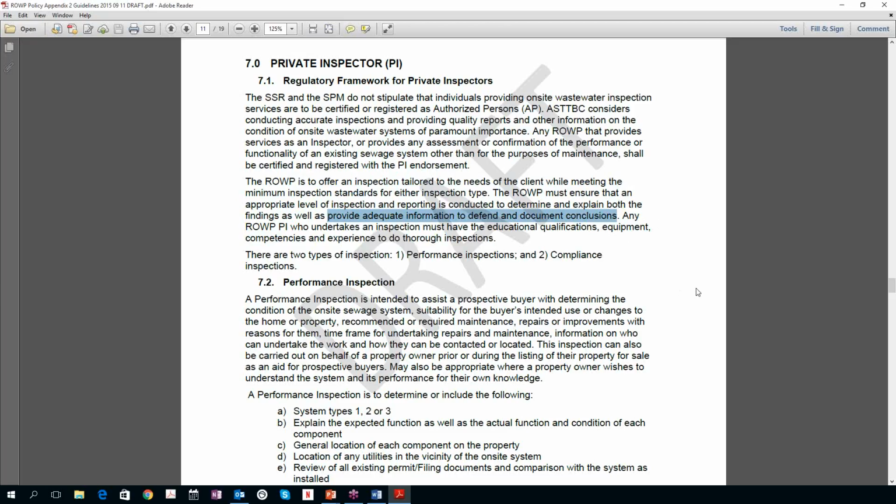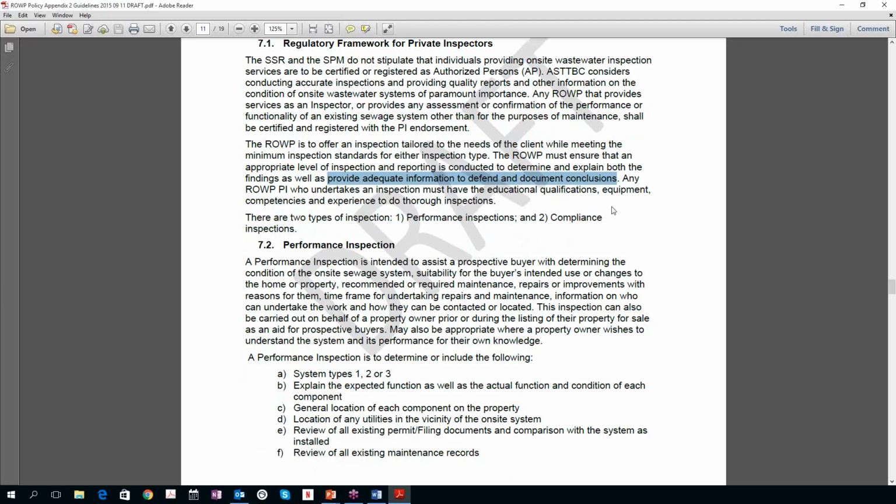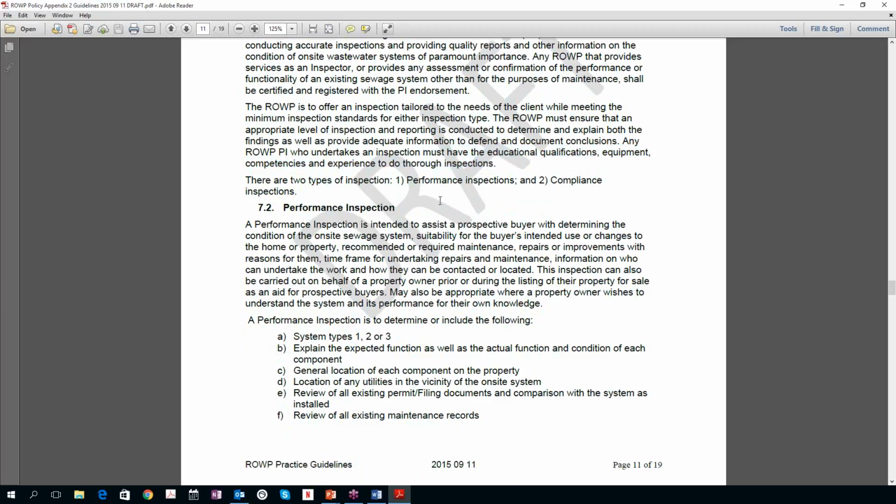And the private inspector in the first case was either wrong or didn't have photographs and documentation to prove it, so to speak. So this is important to make sure that you defend your conclusions. And then we get this again, that you have to have the qualifications, equipment, competencies, and experience. And the equipment is pipe cameras and some other things. There's two types of inspection, performance and compliance.